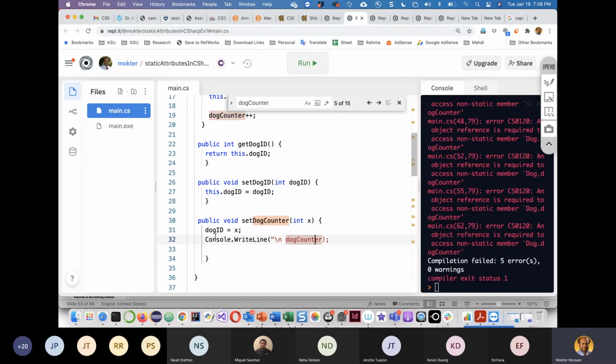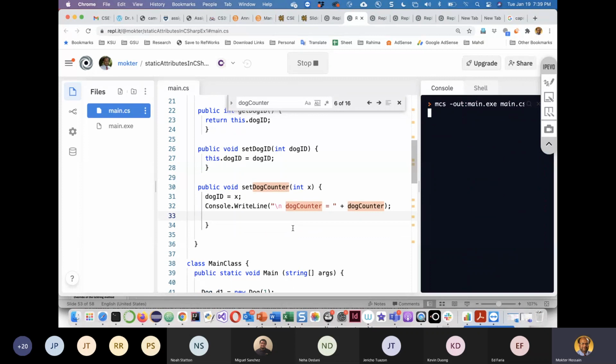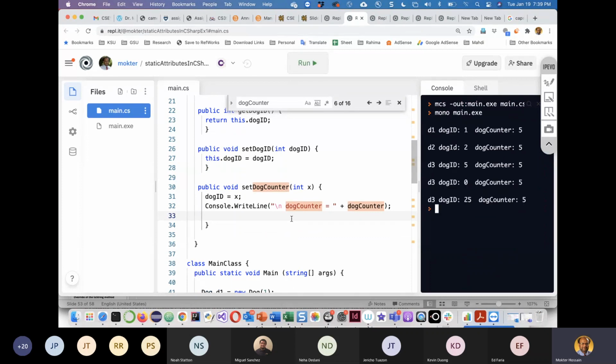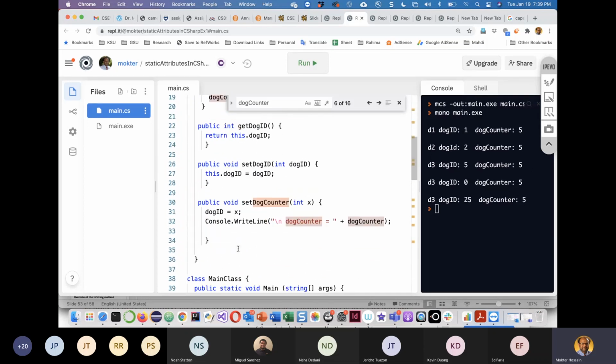Dog counter equal to plus dog counter. If this works, let us see. Okay, it works. This is a non-static method calling a static instance. Okay, but if I have another method